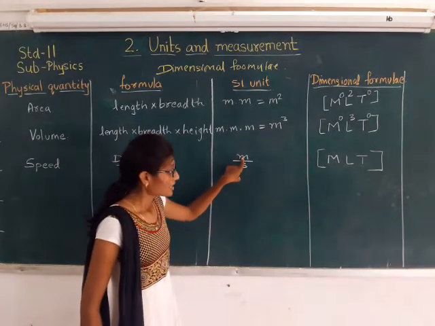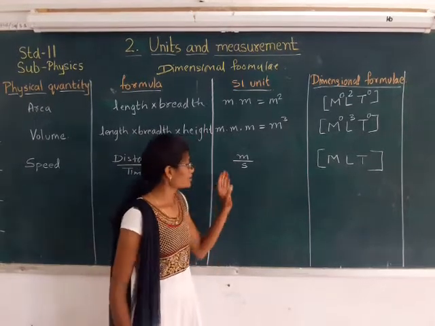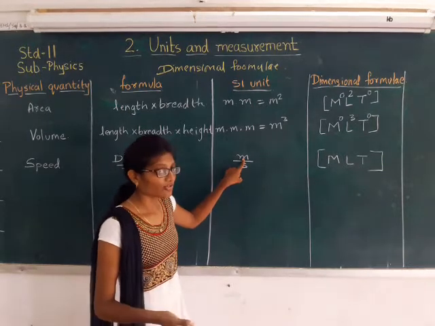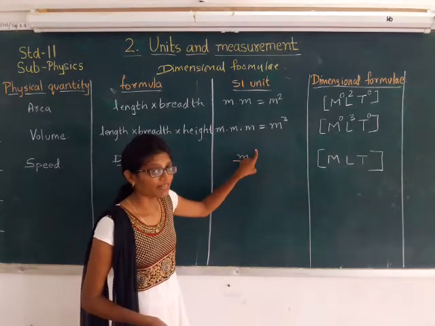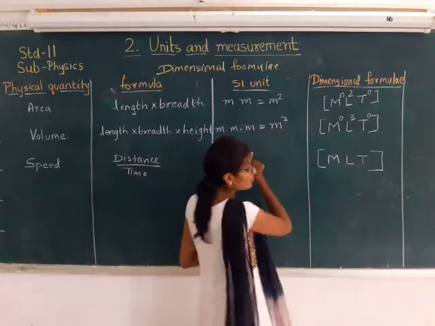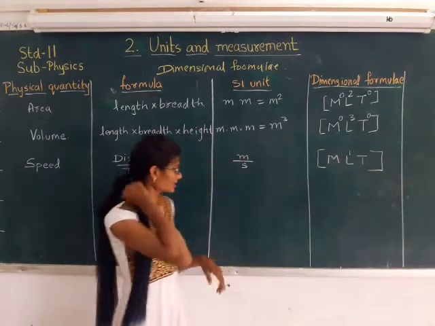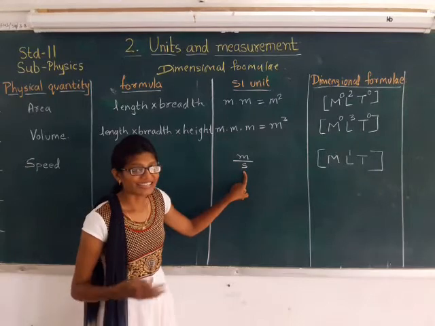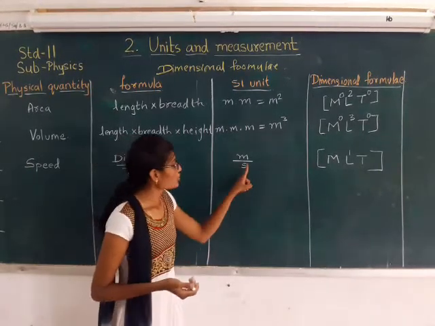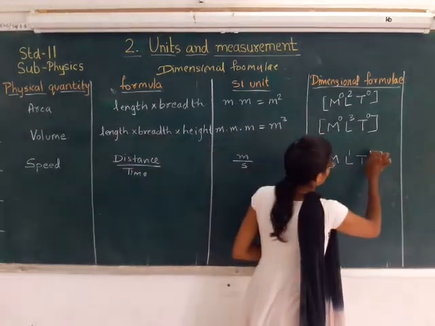Now see, here we have the fundamental physical quantities, that is the mass, the length and the time, right? Here we have the unit of length, that is meter. Its power is 1. So the dimension of length is 1, right? The power over here is 1. Now here we have second, that is the dimension of time. The power for second is 1 only, right? So here I can write 1.